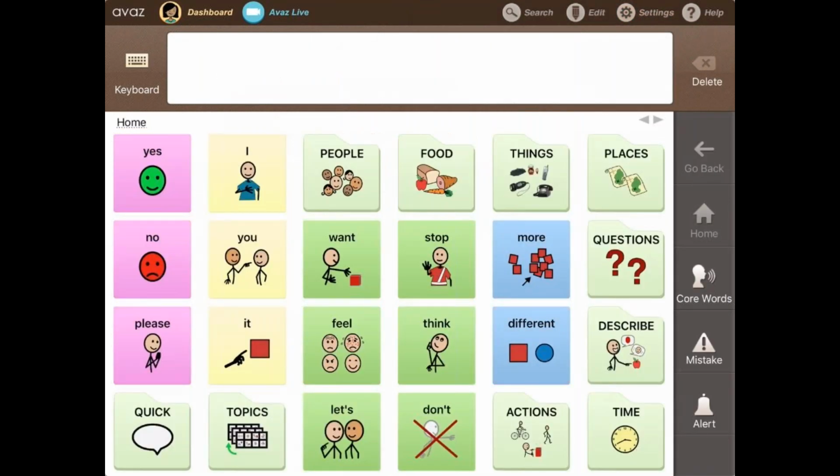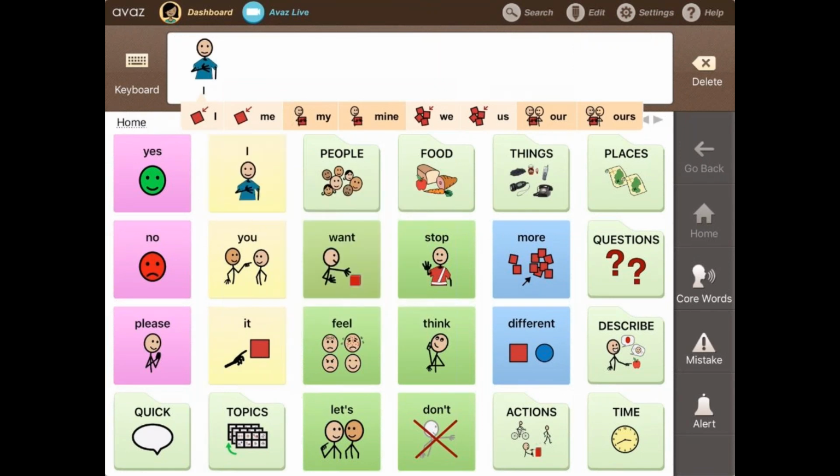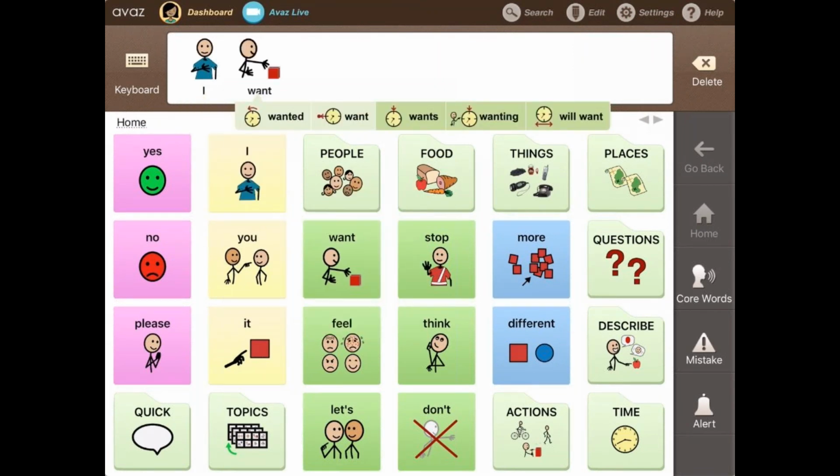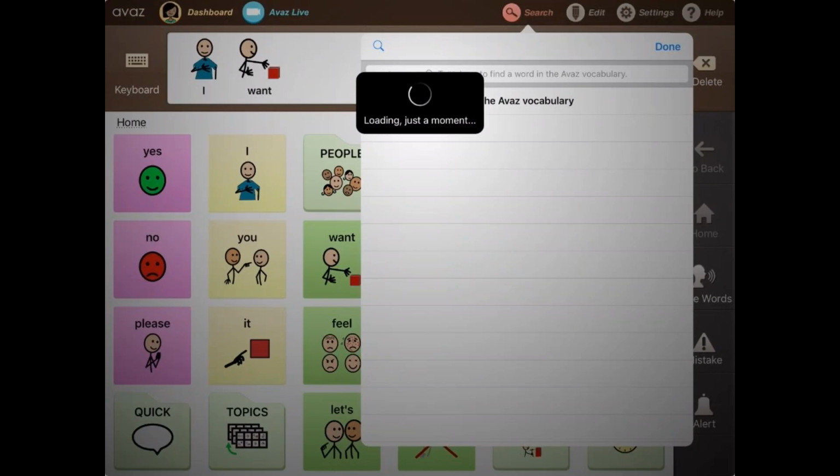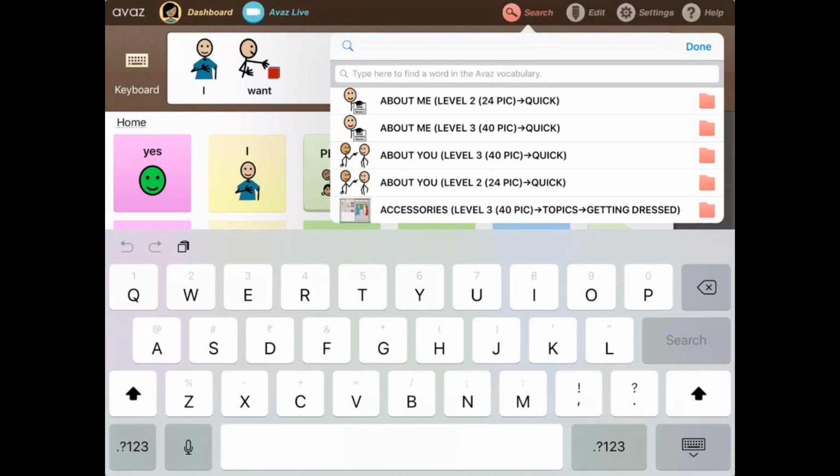So let me make another sentence. Now I'll try to make the sentence that says, I want books. I want. Now I don't know where the word books is. So what I will quickly do is search for the word books in the search at the top of the screen, left to edit, and I will click on it. After which I will search for book,